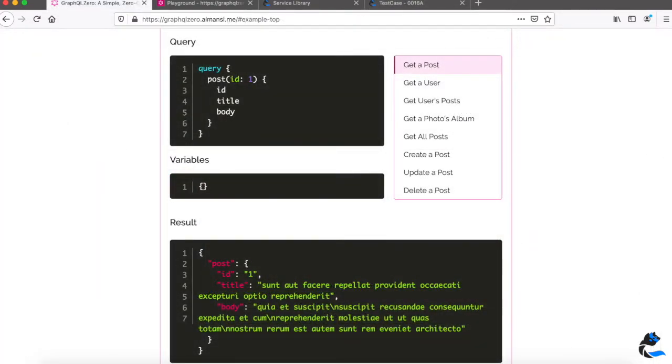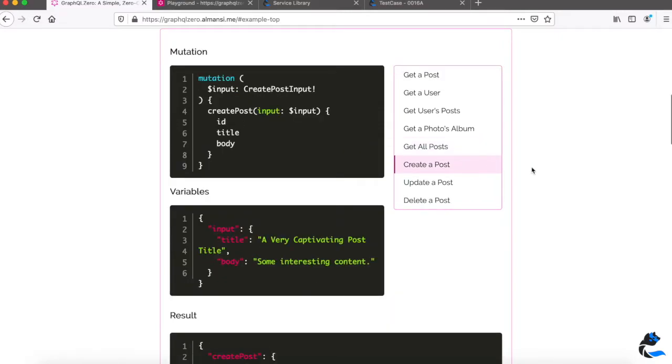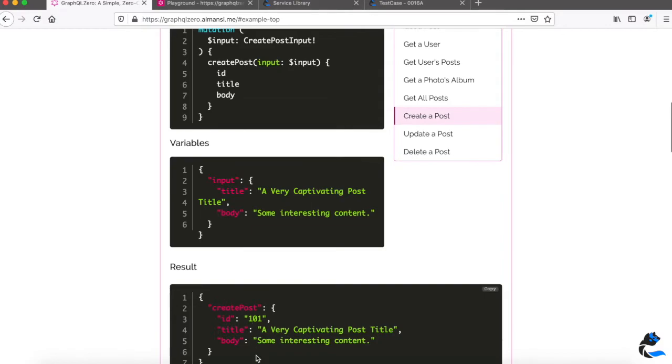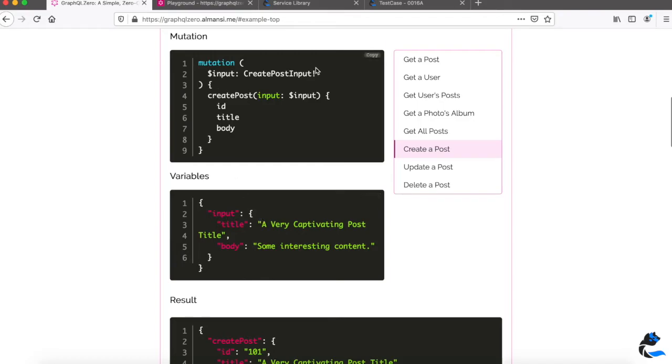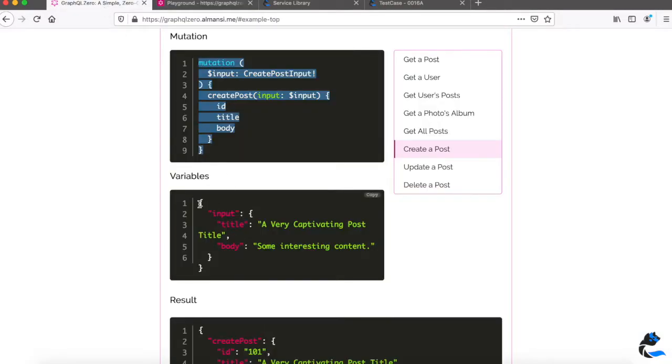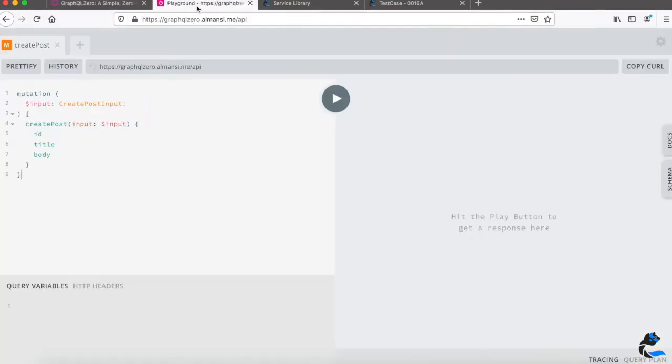Okay, so we are back with our example, and now we want to do a case a bit more complex, which is to interact with GraphQL to create data in the backend. So here we'll go to create a post, and as you see the format is already a bit different as we have two parts. The first one being the mutation, and the second one the variables, to get in our case this result that we understand will be fixed for this sandbox environment. So I will start by copying the mutation, and I will paste this into the query environment here. I will then take the variables, and here it's specific to this GraphQL ID, you need to put it here.